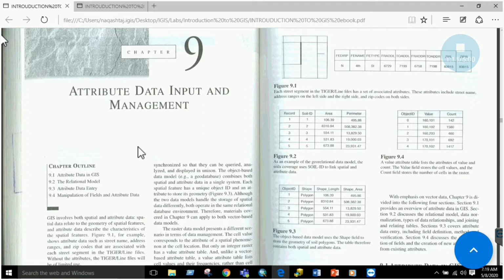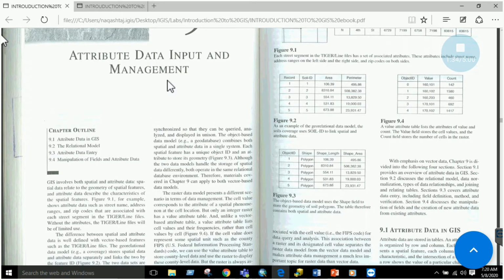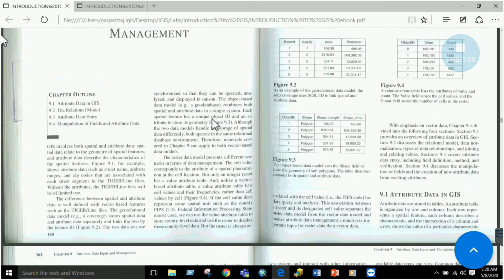For example, if we have a shapefile that contains tree data, with it we have a file of attributes that may contain tree height and tree species. So this whole chapter is basically about attribute data input and its management.